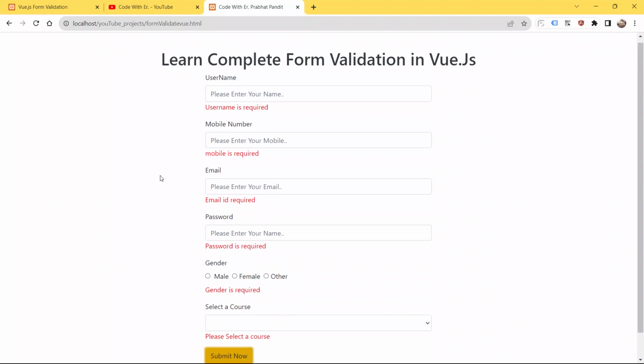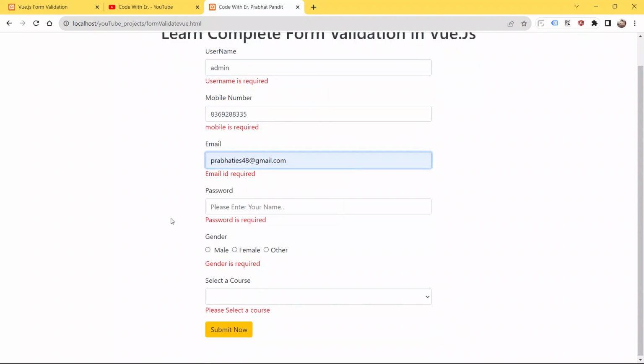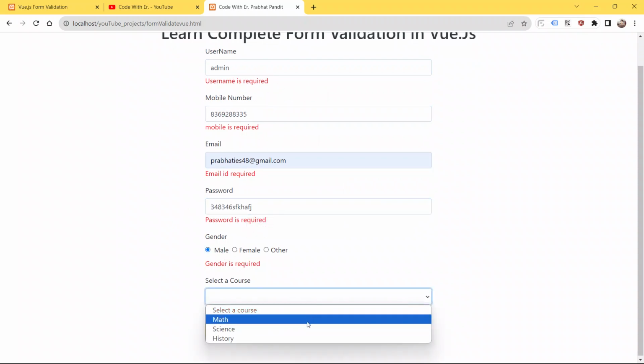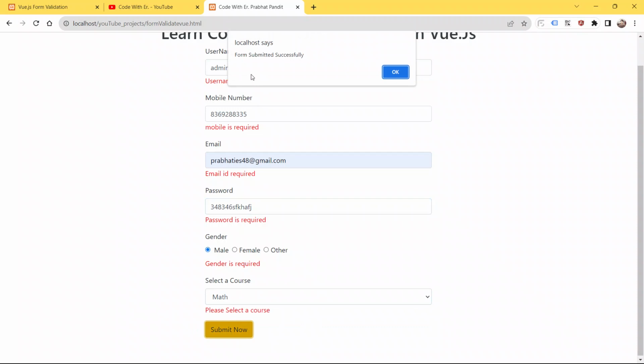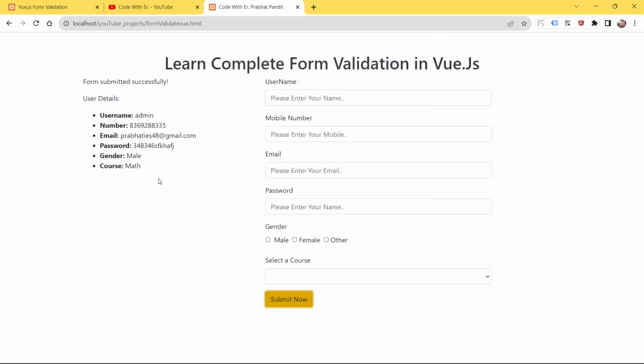So now I am gonna fill the form with exact details. So just admin, give mobile number this, give email address this, okay, and put password also this, select the male and select the course also. I am gonna select the math. So now guys, I hope this will work. So now submit the button. See, boom guys, form submitted successfully. Now hit the button okay, and see the magic, okay. So guys, fingers crossed. See, boom guys, form submitted successfully. And here guys, we are also able to see the details, whatever details the user has filled into the form, okay.